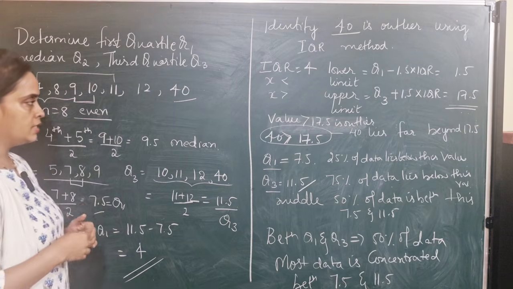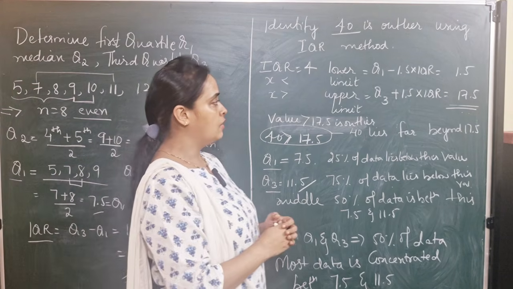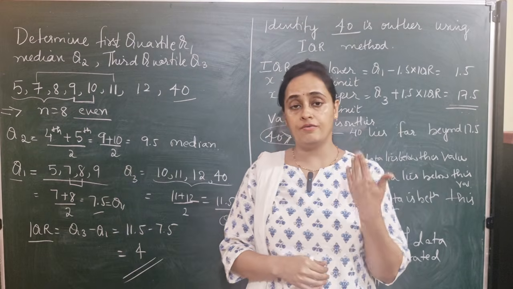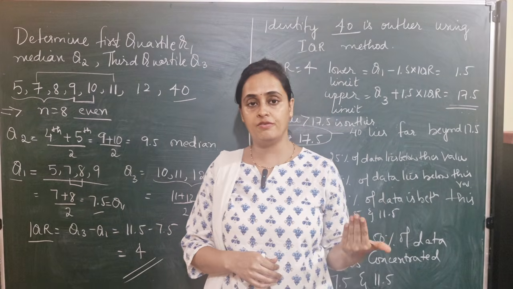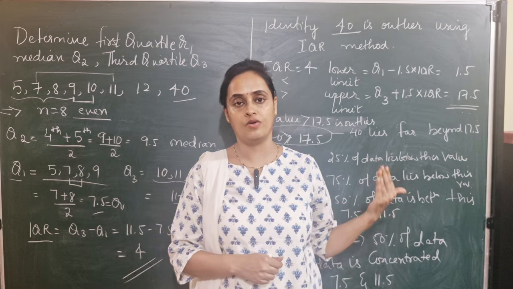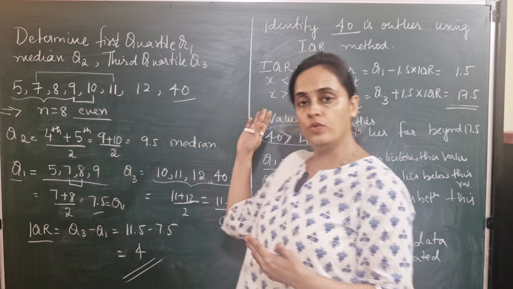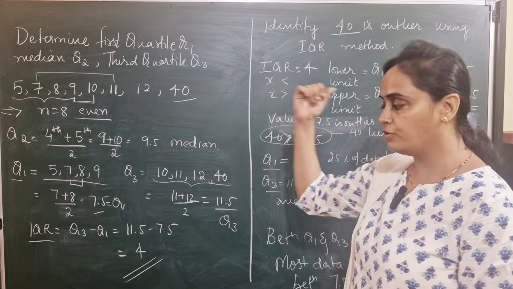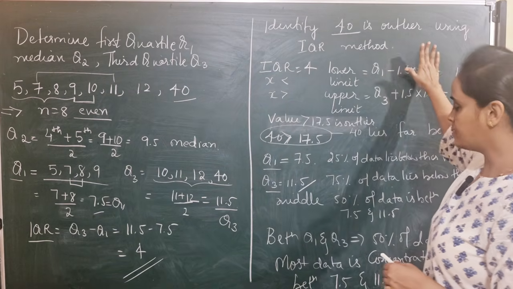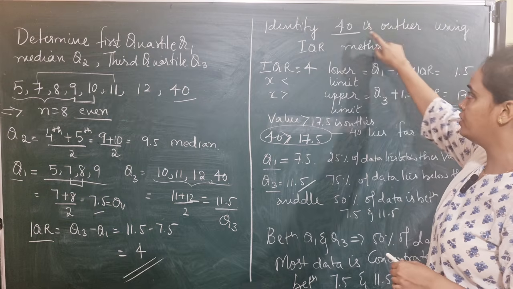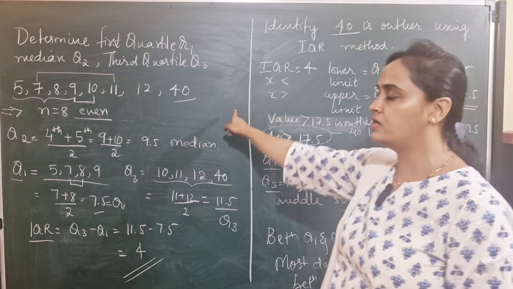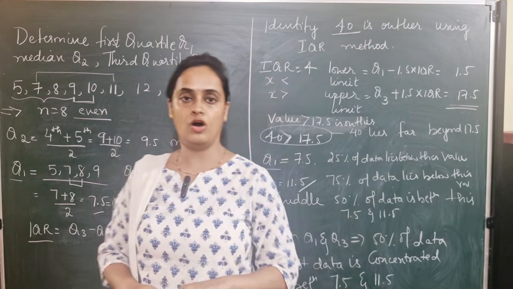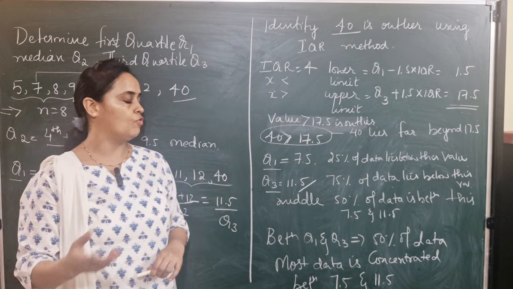So like this, any other question given, you find the IQR. From the IQR, you then identify whether the given number is an outlier or not an outlier. This is the way you need to understand the data, find Q1, Q2, Q3, IQR, and this is a methodology where I can identify, given any number present in the data set, whether it is an outlier or not. So we'll go for the next problem.